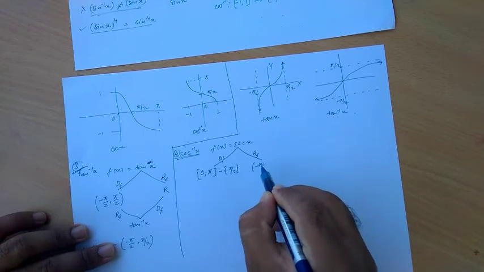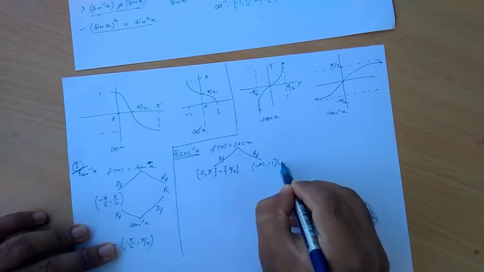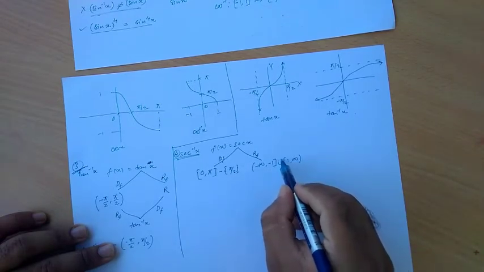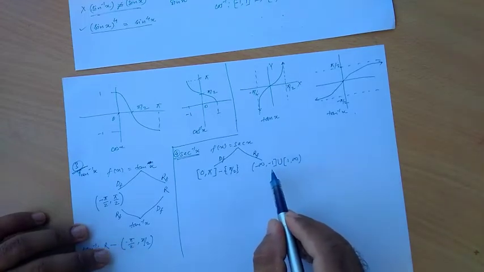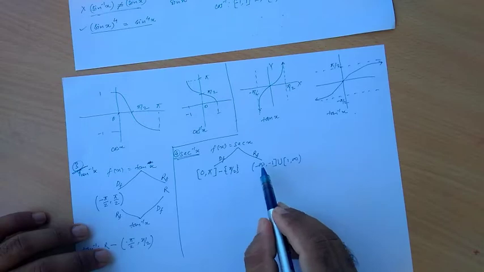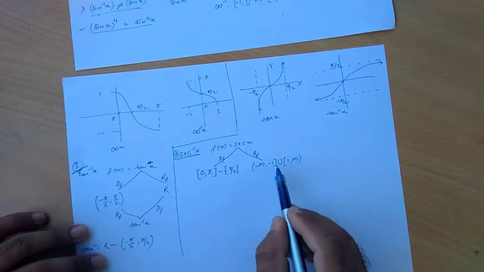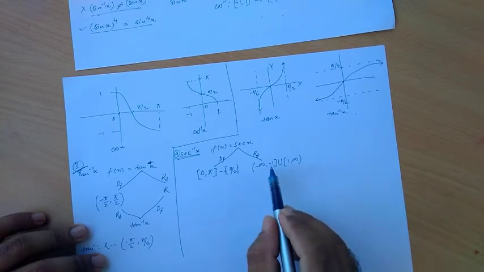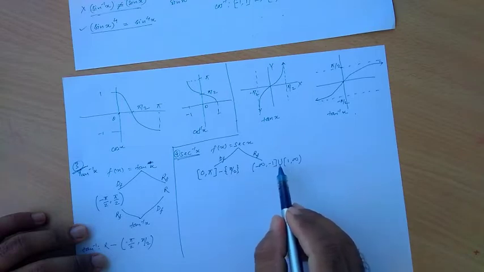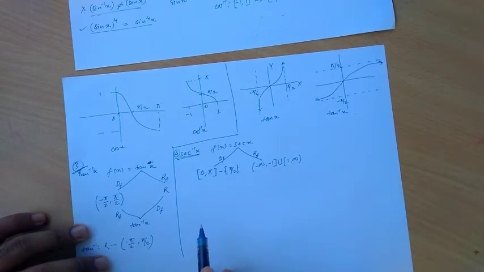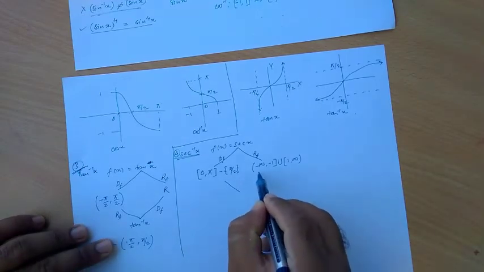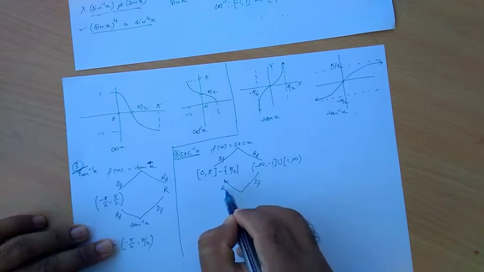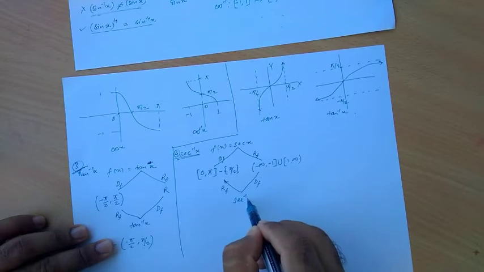If I consider minus infinity to minus 1 and another one, 1 to infinity, this is a union of these two values, and in between minus 1 to 1 it is not defined. That's why it is a union. This is a closed interval over here and it is open over here, so minus 1 is included and infinity is not included. So definitely the opposite will work. This will work as a domain of function and this will work as a range of function of secant inverse x.